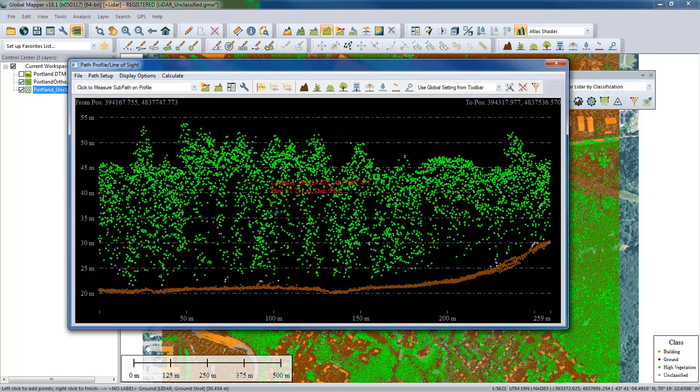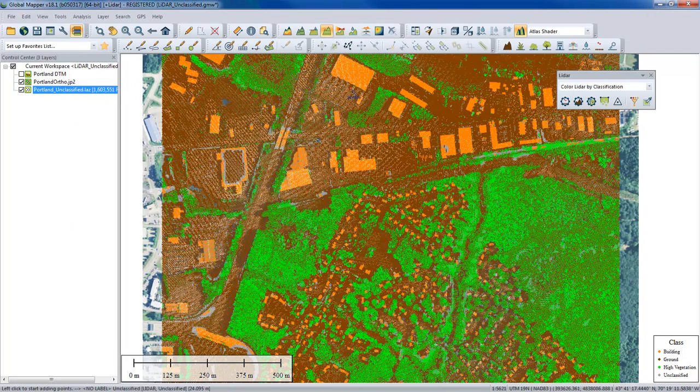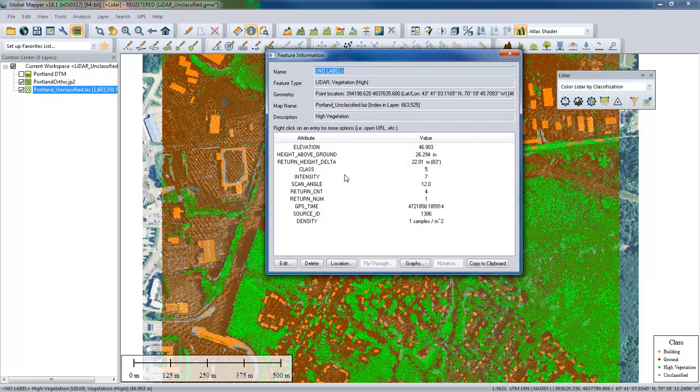Now, what we haven't done here is identify individual trees. What we've simply done is taken all of our points and assigned a classification. In fact, if I use my feature info tool now, we can confirm that. I'll just choose a point at random. That point is a class 5, and we can actually, if you're not sure what your classes are, let me